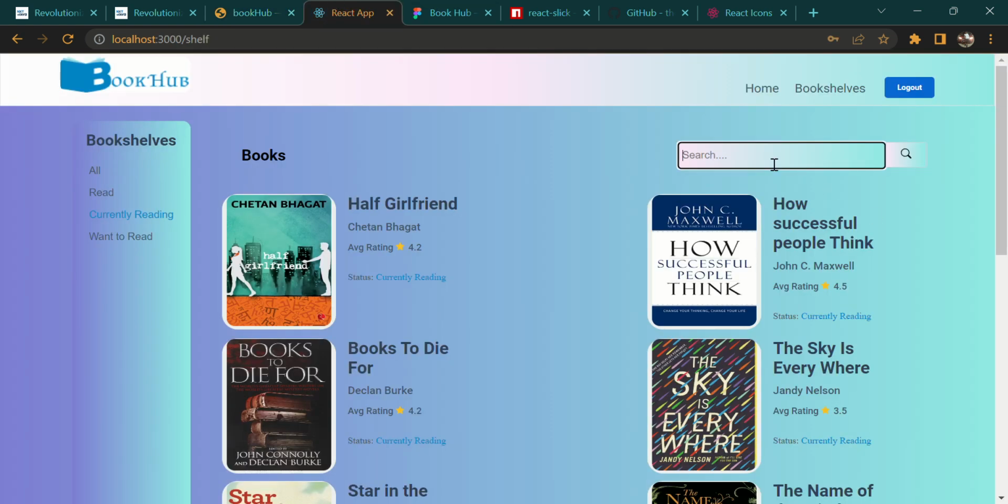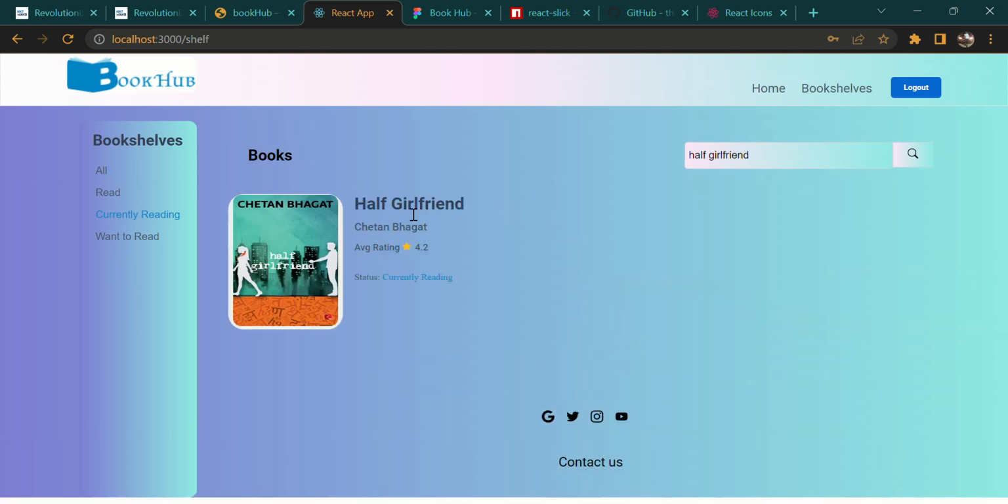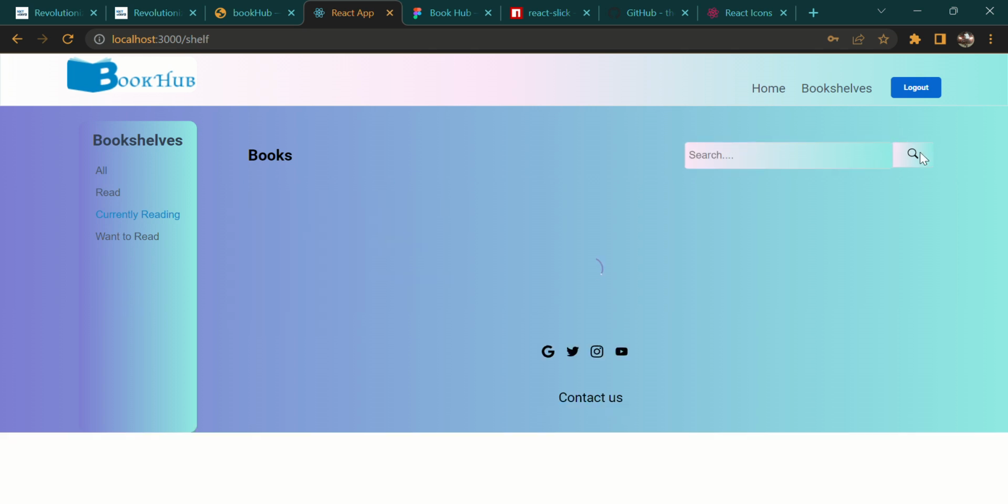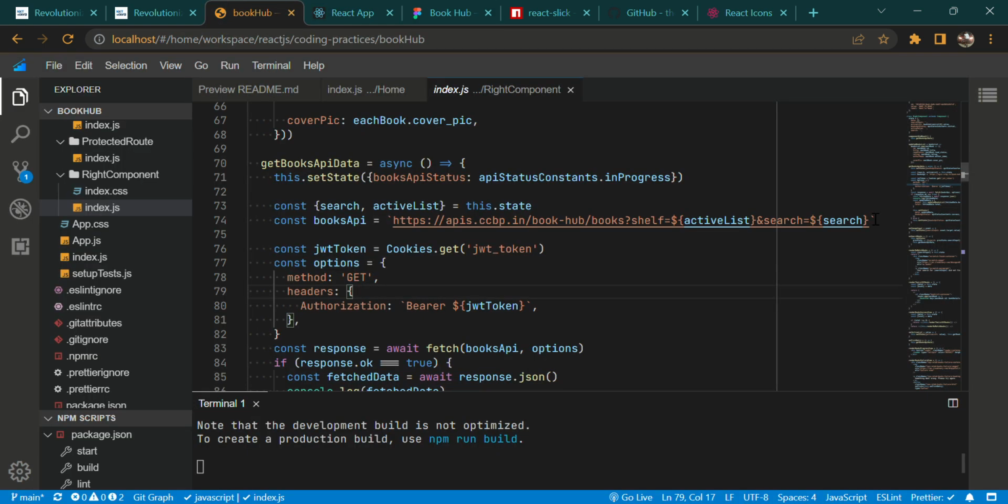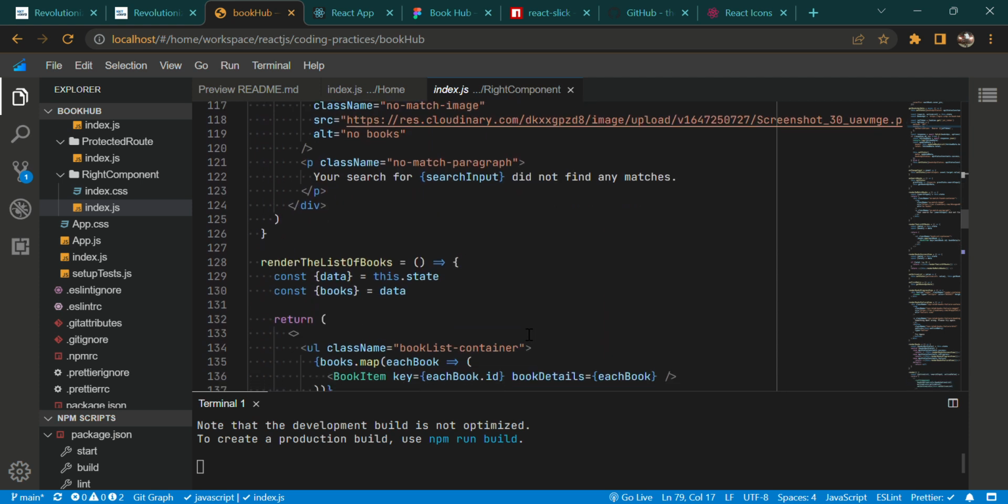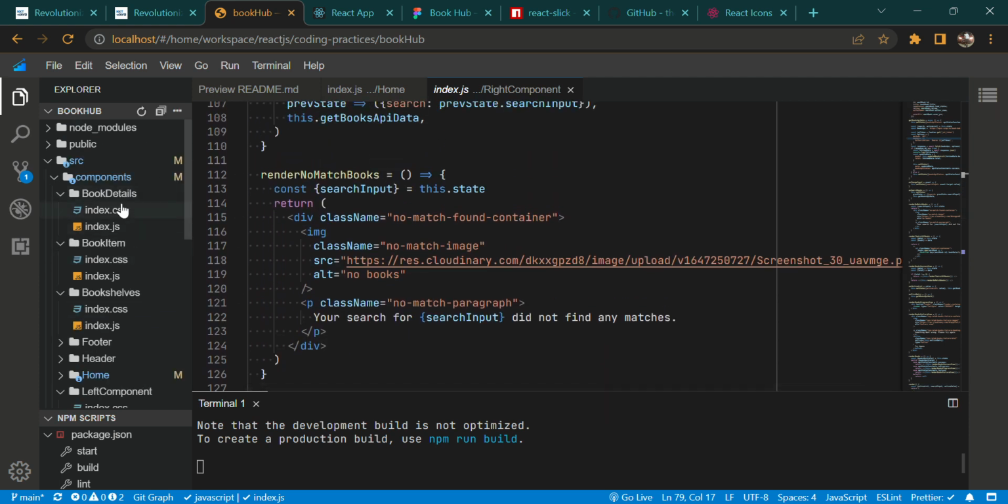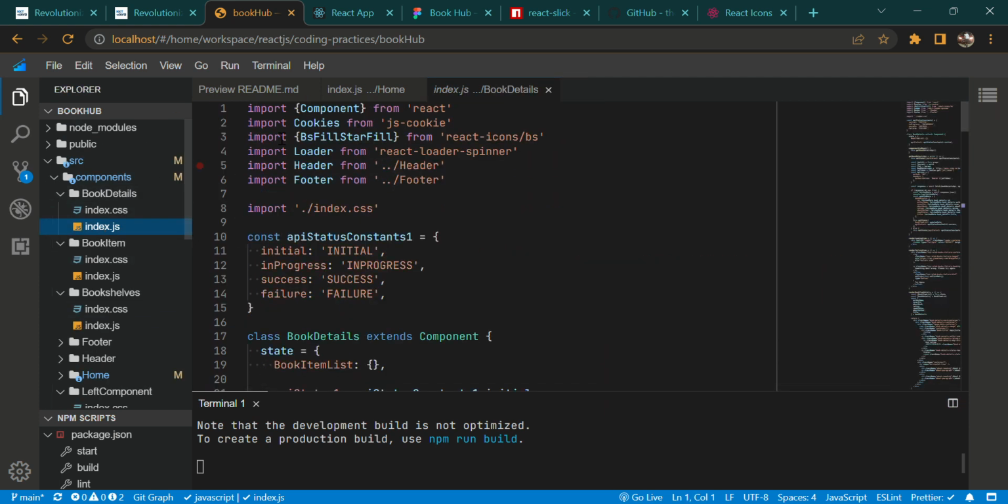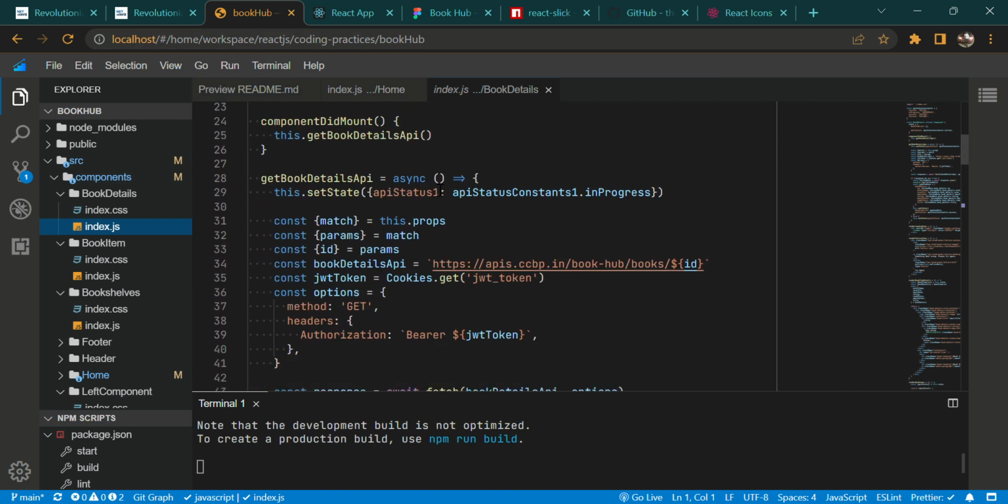As you see, when we search the book like half girlfriend, and when we click on the search, as you see, only the single book will be rendered. So during that time also the API will be called again by itself. So here book details. Now going to this book details. So this is the book details, where